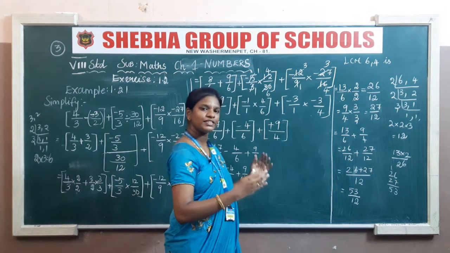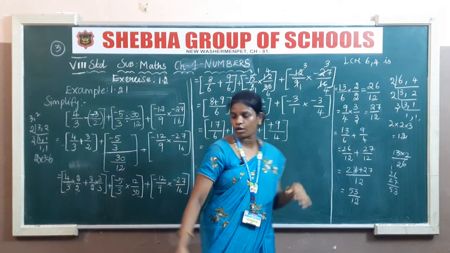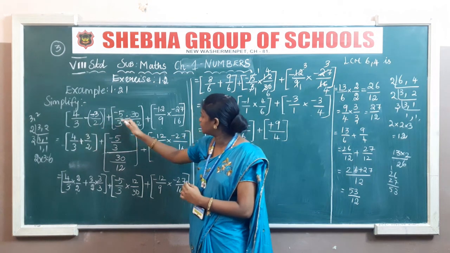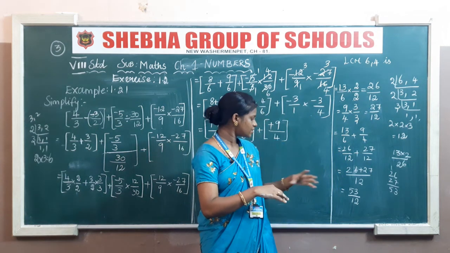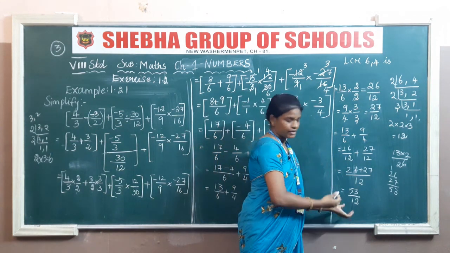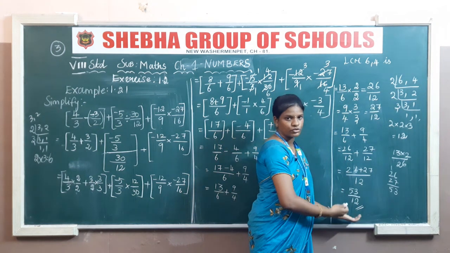So we have to simplify this answer after the long portion, this LCM portion, division portion, and multiplication portion. We have to simplify the answer. Simplifying is called shortening, and so far we have shortened it this much.